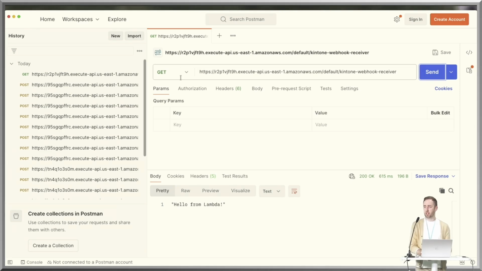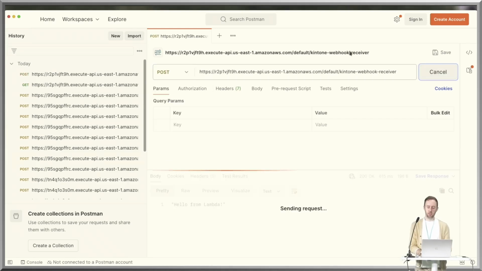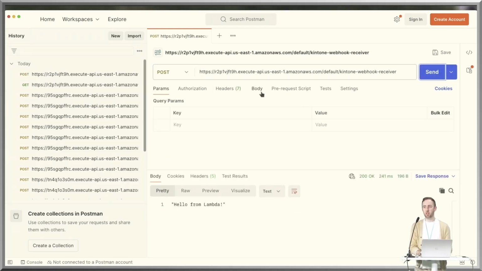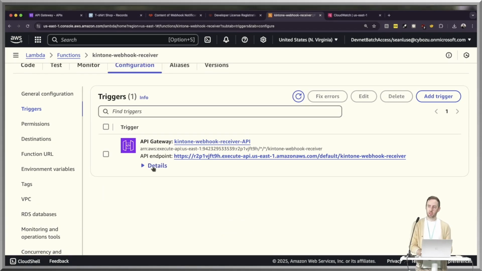And this time we're sending a GET request. But our webhooks that we send from Kintone are going to need to be POST requests, right? Because they're going to have a body of data going with them. So we're going to be doing a POST request. And you'll notice that we can also do a POST request here, and it'll still say hello from Lambda. If you want to secure this in the future, right now you can change the method. Right now it's any, but you can change that, for example, to only accept POST methods. For now, we're just going to leave this as is, but it's more conventional practice to have it be a